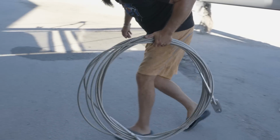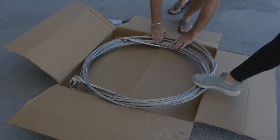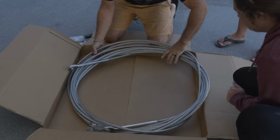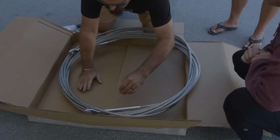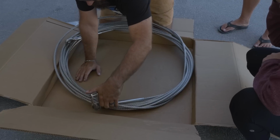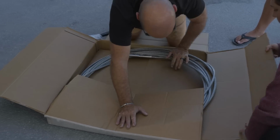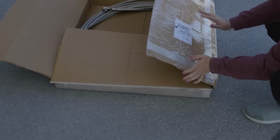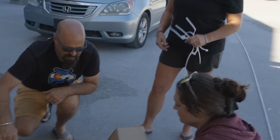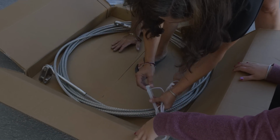See if it fits in the box. Close enough. This might go in the bucket. The bucket. Sit. There we go. Now go. Can I zip tie it? Yeah, I suppose. I mean, even if we only put zip ties on loosely and then